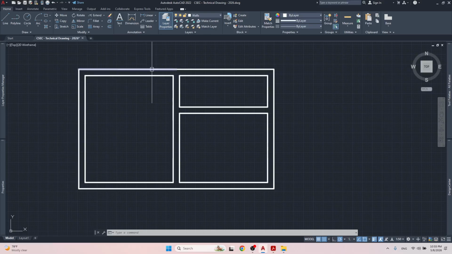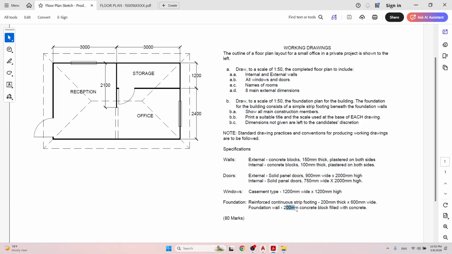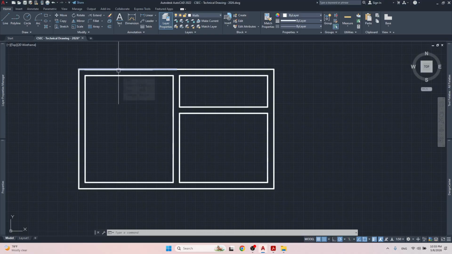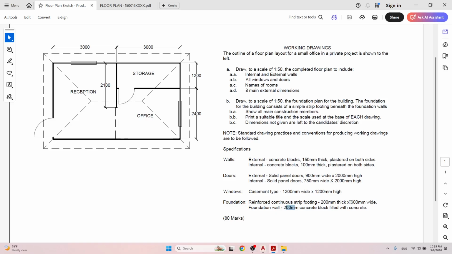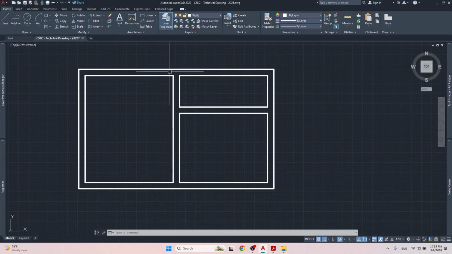So let's first offset these. Now the footing is supposed to be 3 times the width of the foundation wall. So if the foundation wall is 200, then the footing is 3 times 200, which is 600. But sometimes I've seen CXC give different numbers, like the width is 900 by 300 or something like that. That's fine, but just know the wider dimension is the width of the footing. All right, so let me offset